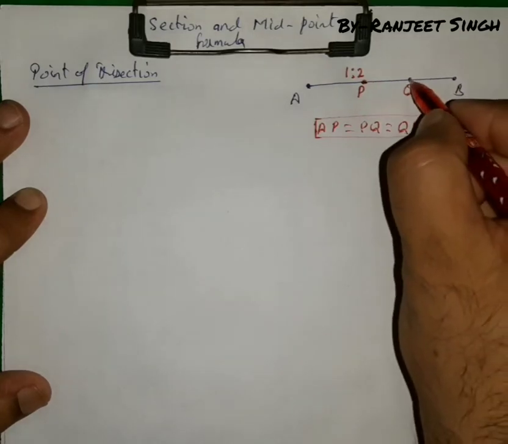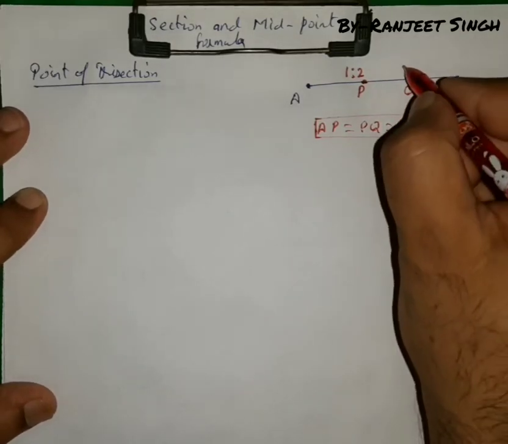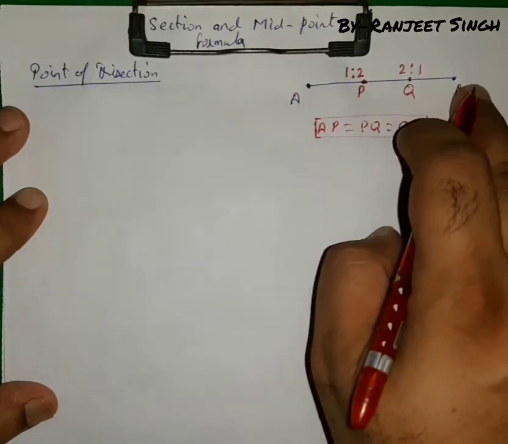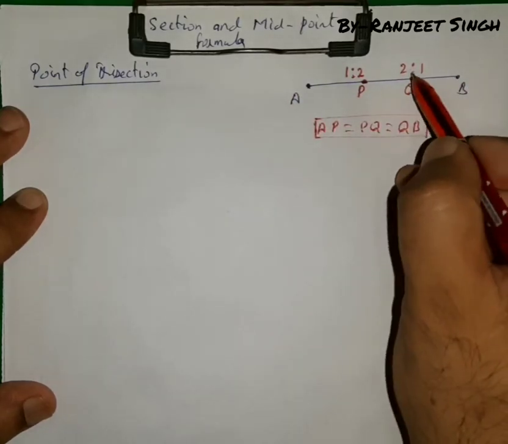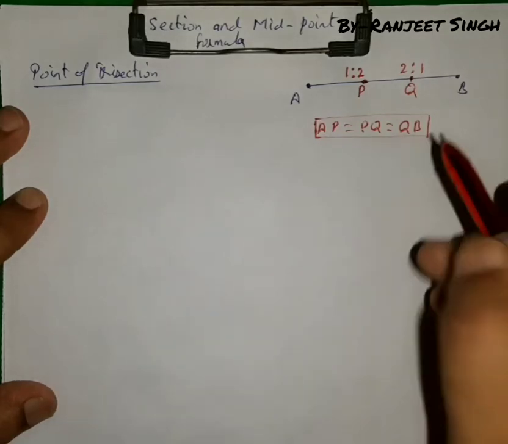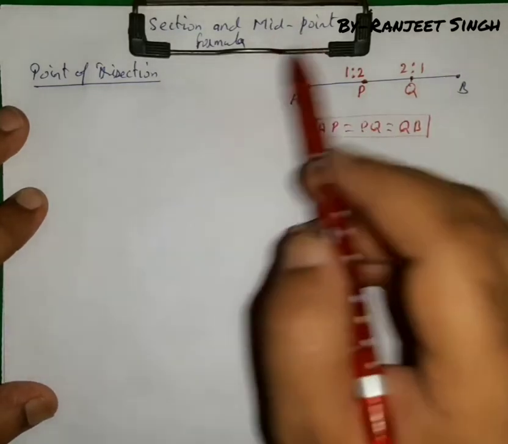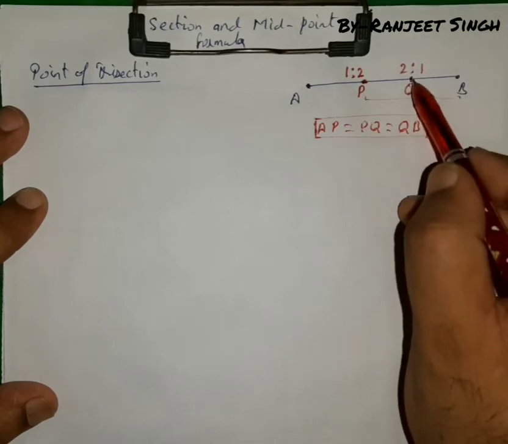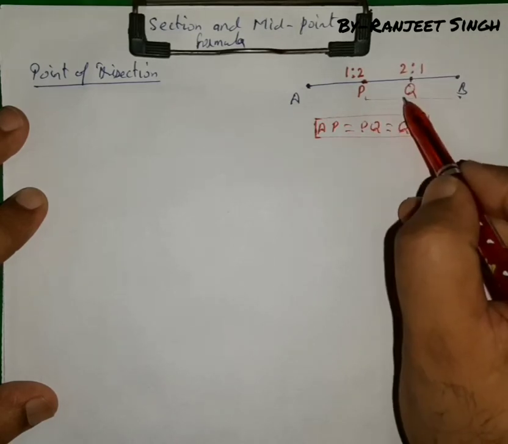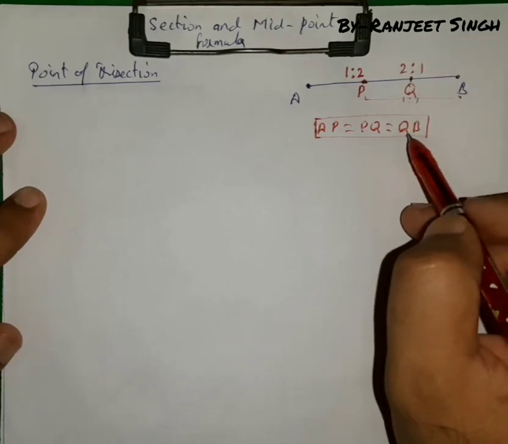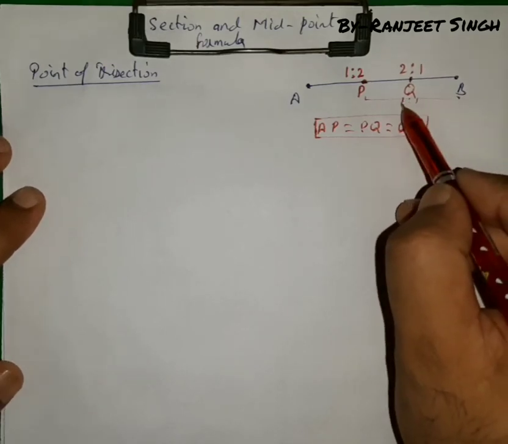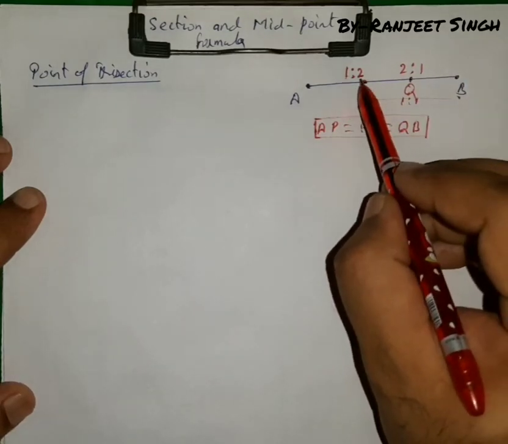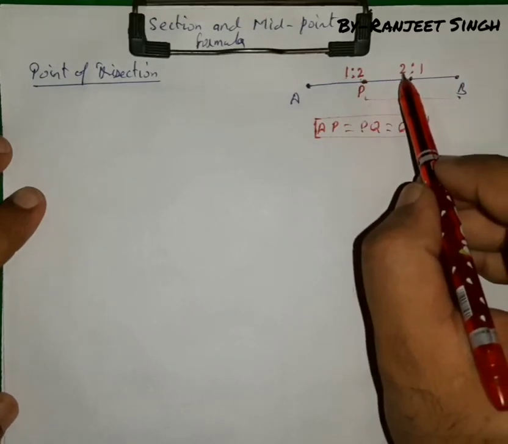And for the second point, the ratio is 2:1 because there are 2 parts on the left side and 1 on the right side. This is what we have to take care of. Also, we have not yet discussed the midpoint. We can also find the coordinates of Q by using the midpoint, since Q is the midpoint of P and B, and then we can use the ratio 1:1. But for the time being, I'm talking only about the section formula. So for the first point we will take the ratio as 1:2, and for the second point the ratio must be taken as 2:1.